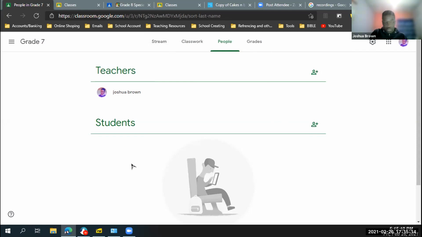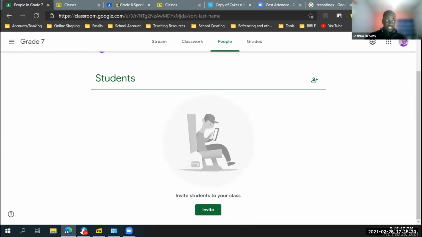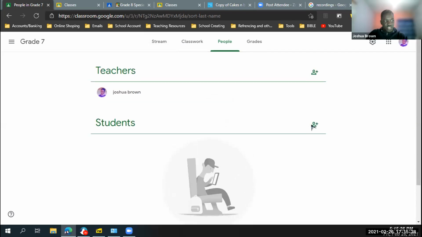At this part, we have the teachers section and also the students section right down there. All the students who are added to the classroom will be added right there, so you can actually see them physically in the classroom. And as you can see right here at the base, it gives you an invite option. These 2 symbols say invite students and invite teachers. So we're moving on from the people